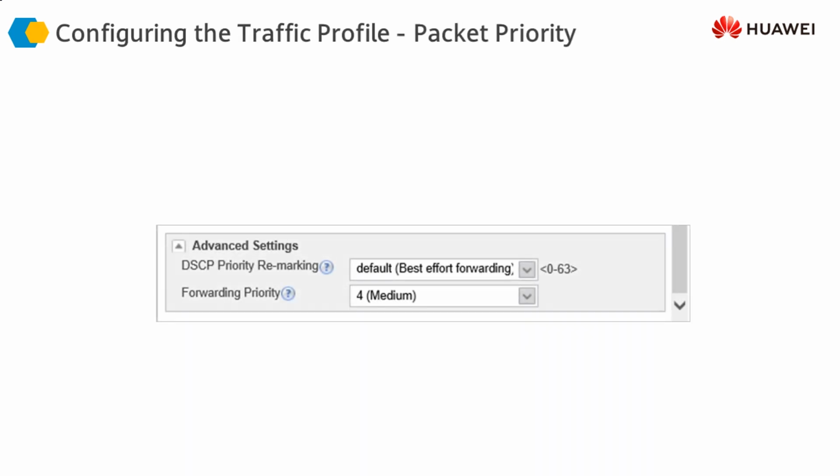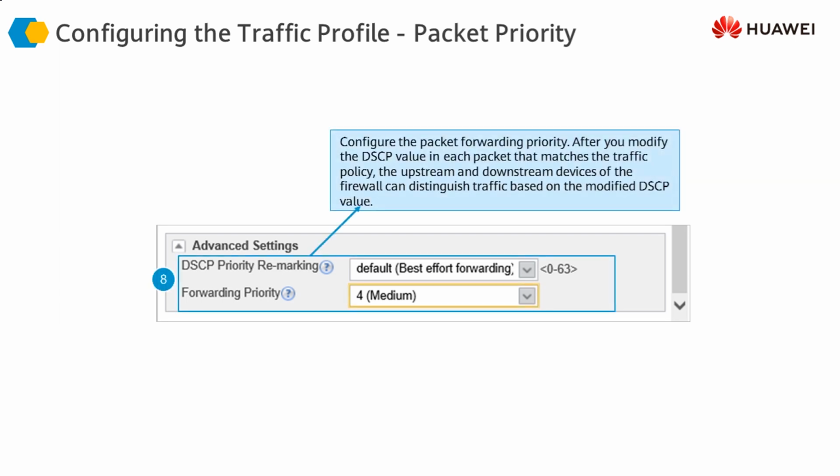And finally, at the end of the traffic profile screen, we can also limit or change the DSCP priority, and we can also configure the forwarding priority. That way, if there is a resource crunch and contention between the different types of traffic, we define which traffic is going to have higher priority. The forwarding priority of this profile is 4, which is medium. So we define this, and we can also change the DSCP value of the traffic which is going to be governed or controlled by this particular profile.